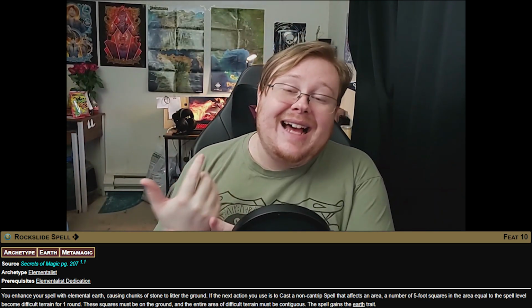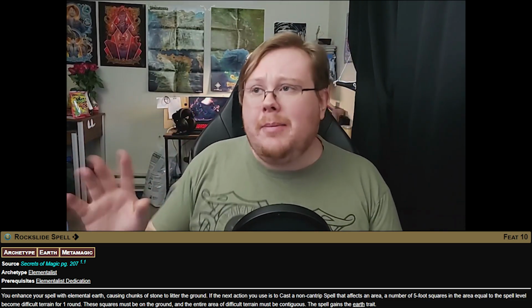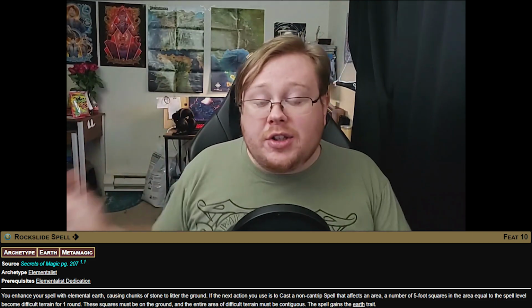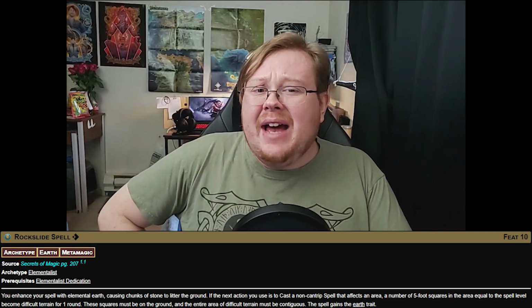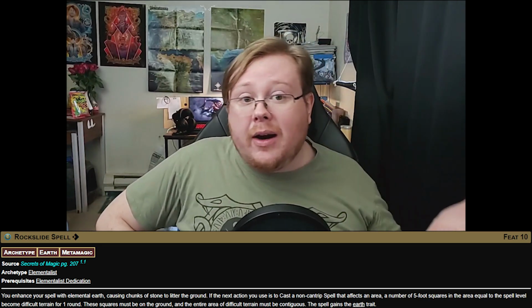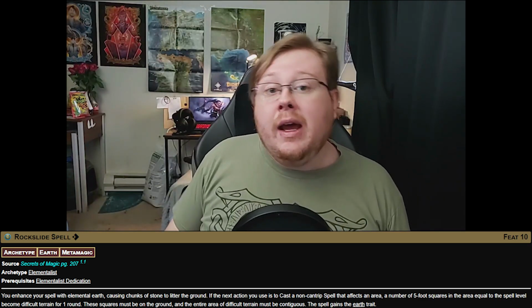Now, it does only last for a minute, but it does give this spell the Earth trait as well. Not a minute, sorry. Lasts for a round. And it does give your spell the Earth trait. So if an enemy has an Earth weakness, which I don't think there are any enemies that have an Earth weakness, maybe an elemental enemy, I'm not 100% sure. Regardless, still potentially really good, and still really good in a lot of other situations in conjunction with other game